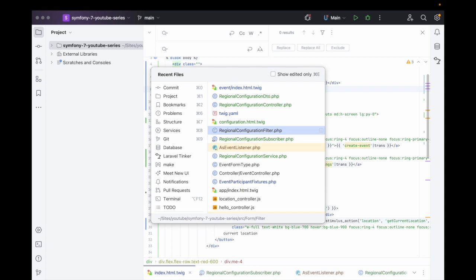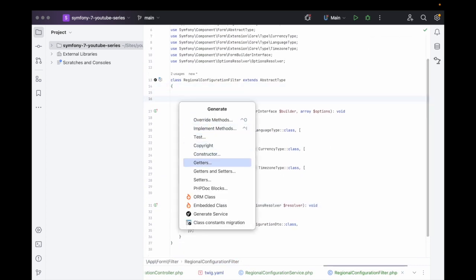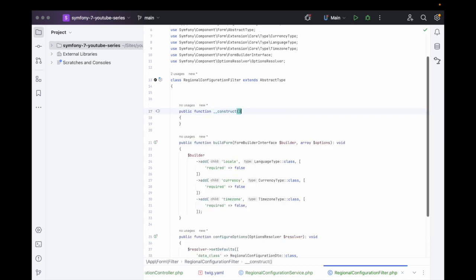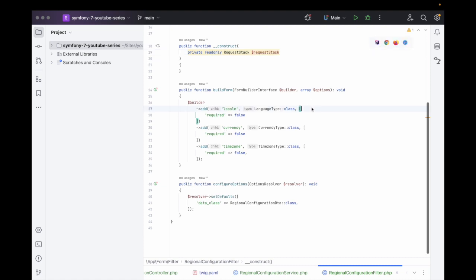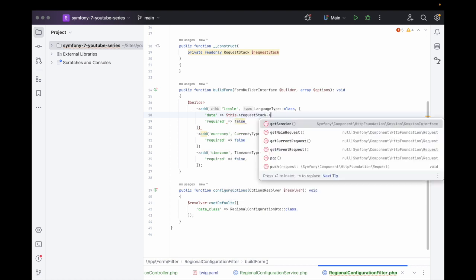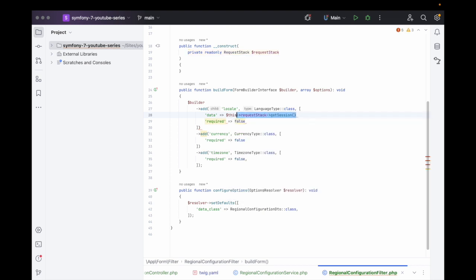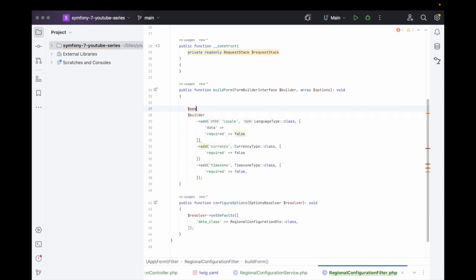So we can just head over to our regional configuration filter for a second, and inside of here we can inject the request stack, and then we can just say data this request stack. Sorry, we need to get the session first. I always forget to do that. Session, like so, and then session get